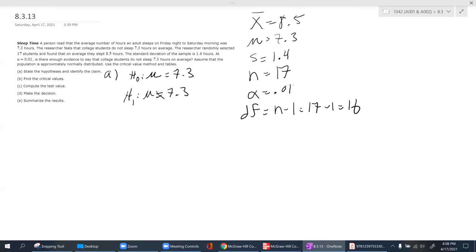All right. Awesome. So let's go ahead and get started. We already have our data written out. Next step would be to find t-crit. And we know that this is going to be a two-tailed test. So my t-crit is the degrees of freedom equals n minus 1, which ends up being 16 at alpha equals 0.01